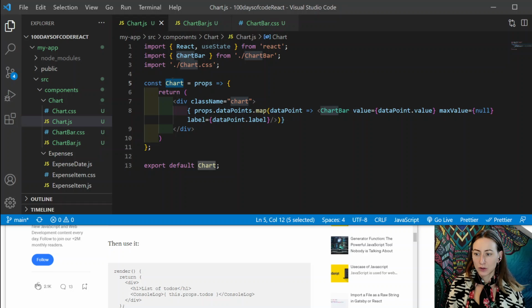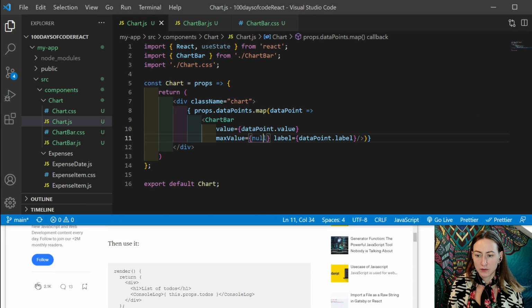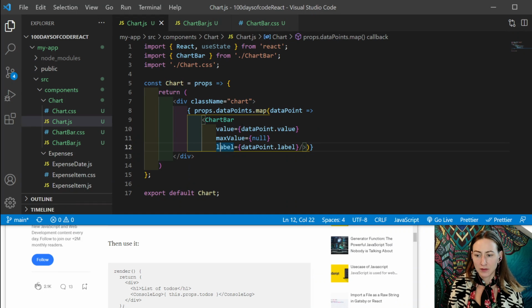So we're just setting that up here now. So we're plugging in the different values that we need for our chart here. We have a value, a max value, and a label. And then we can go and populate our chart bar component, which will send over these chart bars to be displayed